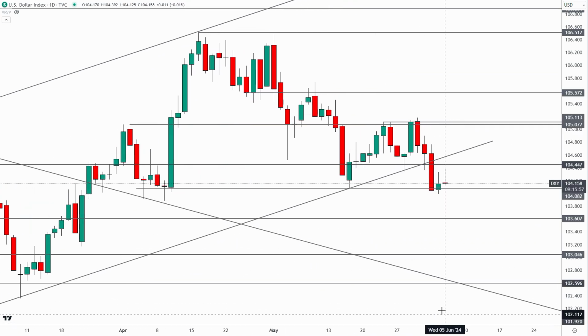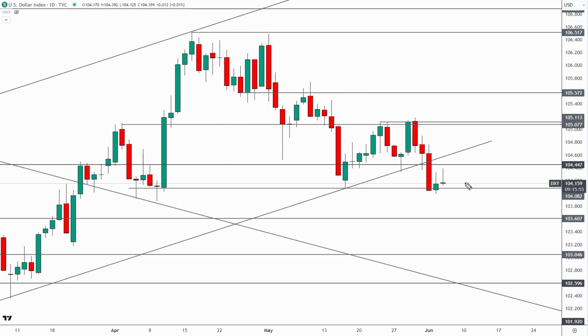Okay, so for the DXY, like I've said recently, I think that trying to short the dollar right now is kind of ill-advised because you've got all of these lows back here and you can see where the market is finding some support here. Even though it is looking relatively weak, you still got support to deal with just above 104. Now, if this were to fail, then that could give us the next leg up for the EURUSD.